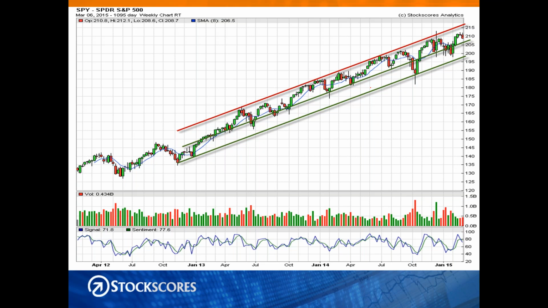So here's the S&P 500. I've got the bottom boundary, and I've got a parallel line that cuts across the tops, and I don't want to be a buyer up here. I want to be a buyer at the bottom of the channel. At least that's one strategy. Or perhaps in the middle, because this channel got kind of narrow there for a while.